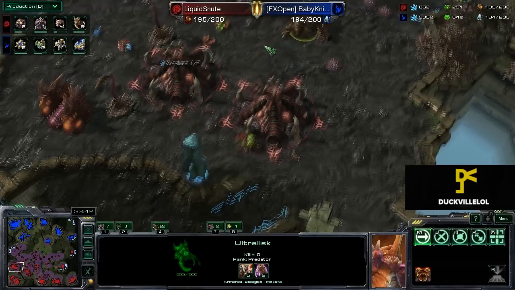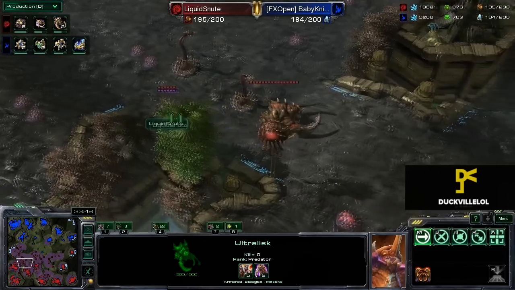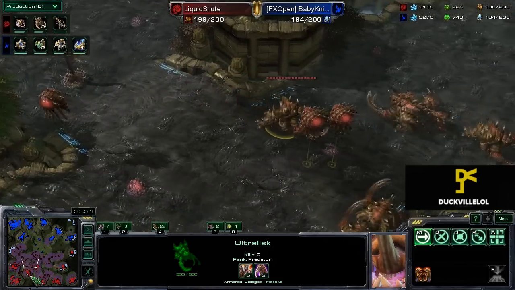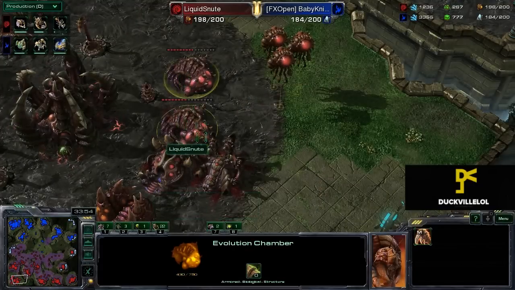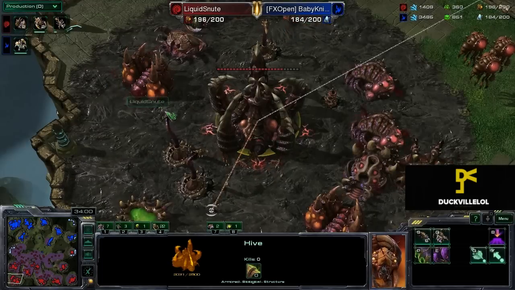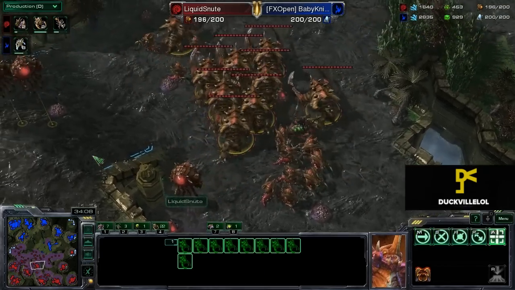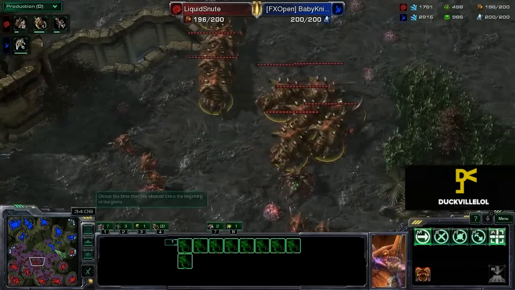About to pop out of all their eggs. There we go. These guys have got 5-2 on their upgrades. Still a little bit behind with the melee upgrades is Liquid Snute, but I'm sure he's going to fix that up very soon. Of course, we do have the 2 Evos inside the main, and Hydra Den is not looking very comfortable right now. Just bleeding out of every orifice it's got,